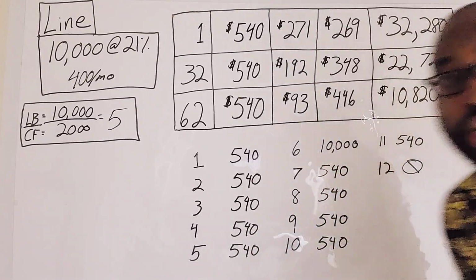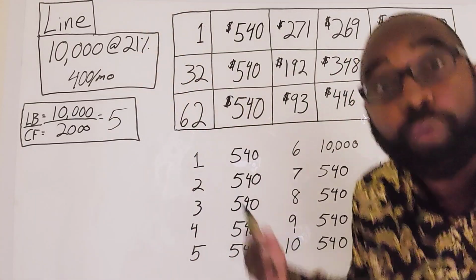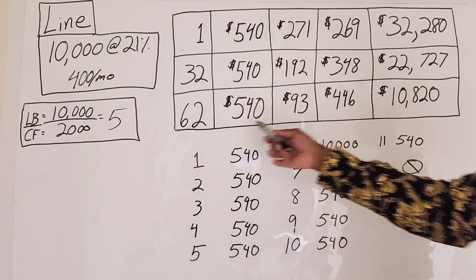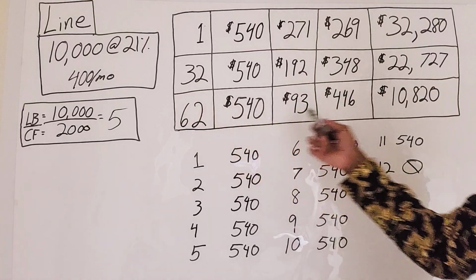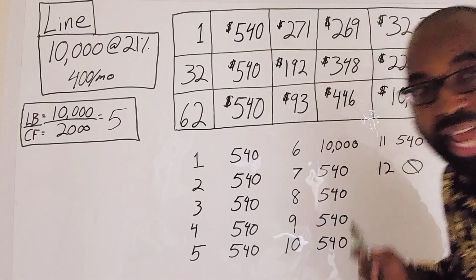So what are you going to do with the $10,000 that you've just replenished on your line of credit? Where is it going? It's going towards the car loan. All right, my goodness. Wait a minute, but at month 6, you're already in month 62 according to the bank's plan. You see, the bank wants you to be at 62 months and having $10,820 left on the balance,